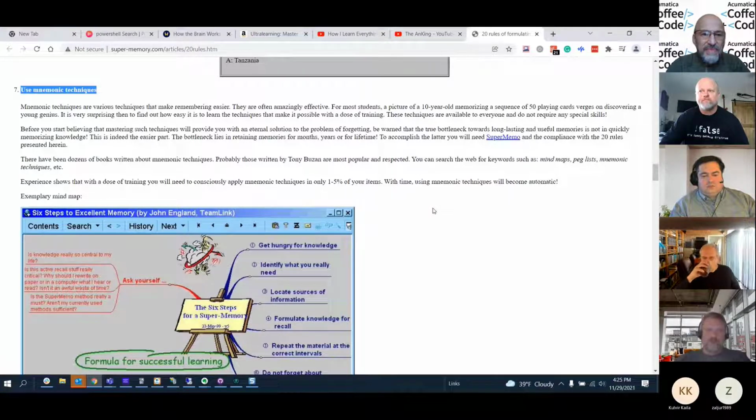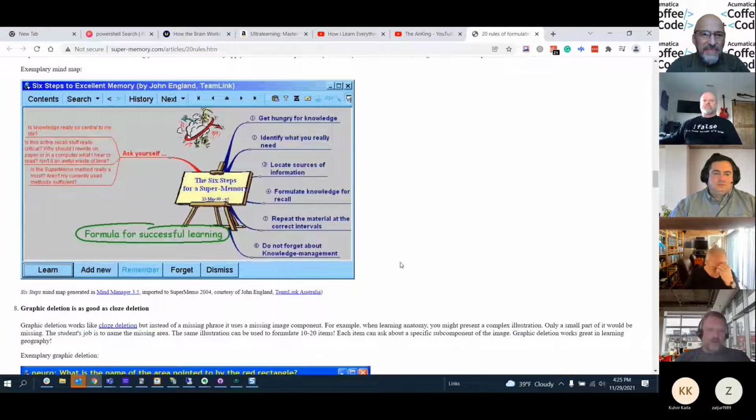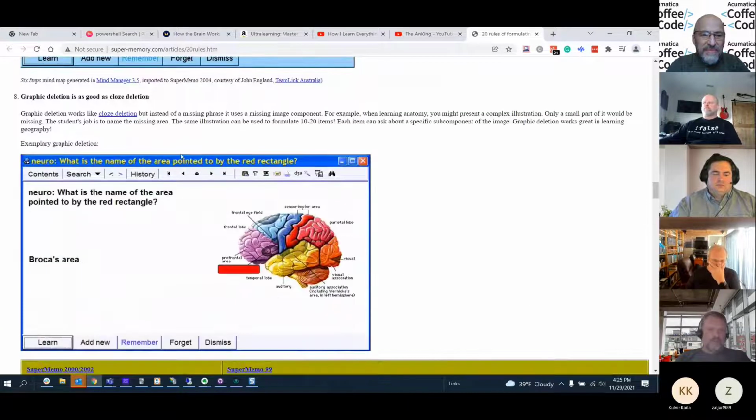Development has lots of mnemonics as well, like the ACID acronym and so forth. Graphic deletions. This is also called image occlusion. This is one of my favorite ways to really build knowledge. And sometimes what I'll do is a